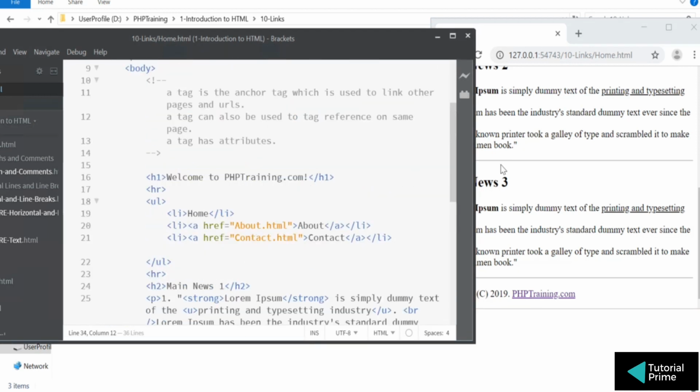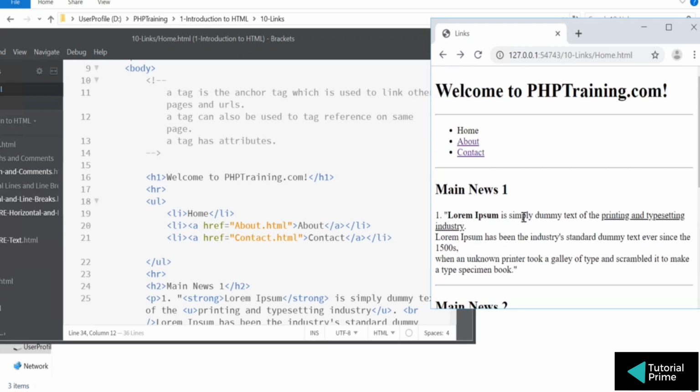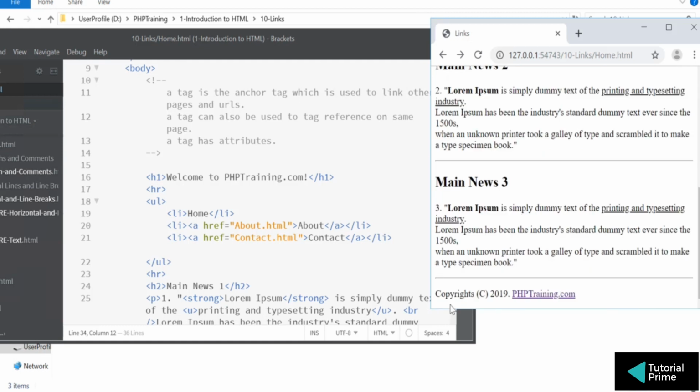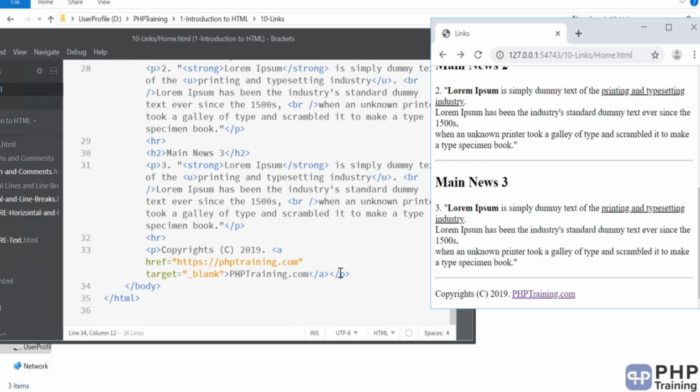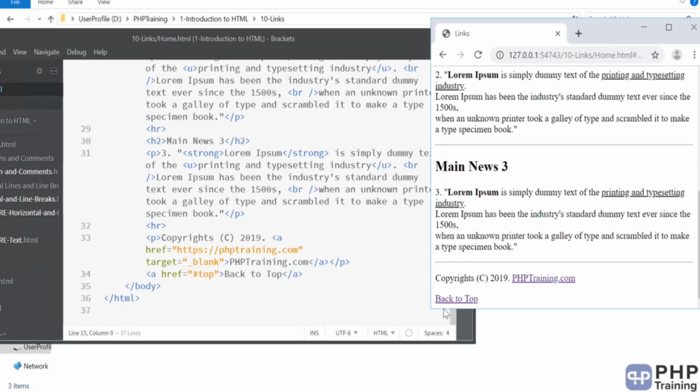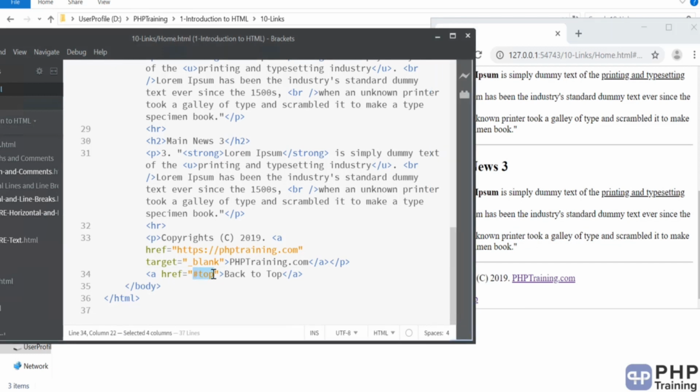And also you see you are scrolling top and bottom, right? You want to add a link somewhere on the bottom to say click to go to the top, right? Let's add that link. I want to say top, so I'll say back to top. Okay, so the link is available. So when someone clicks this, it should go to the top, and you have mentioned the anchor as #top.